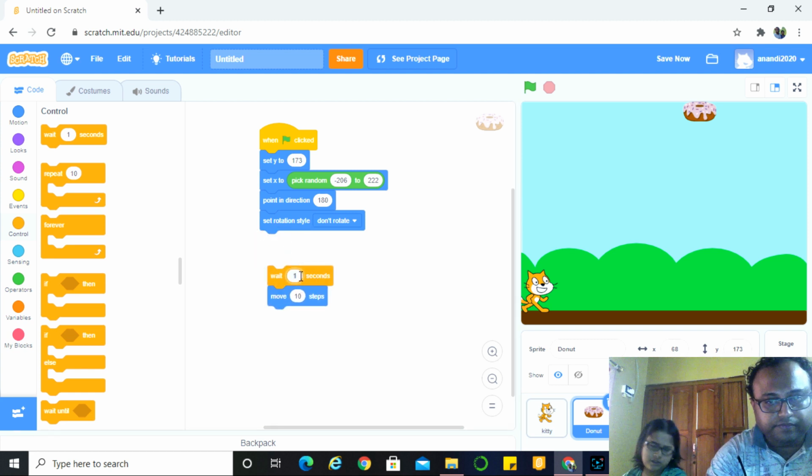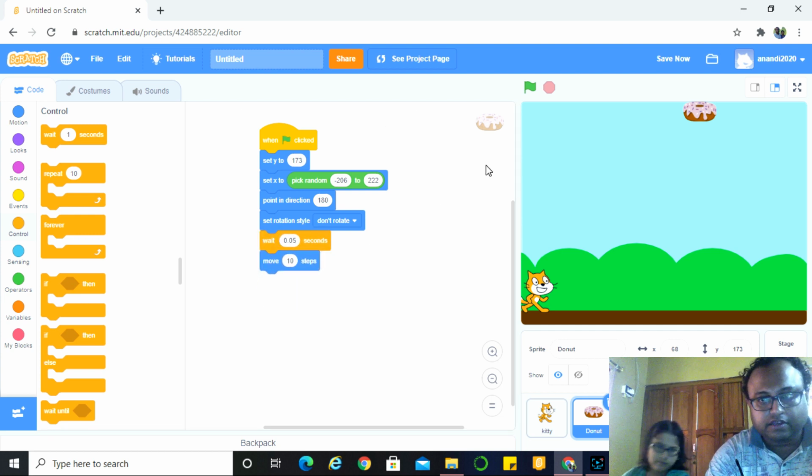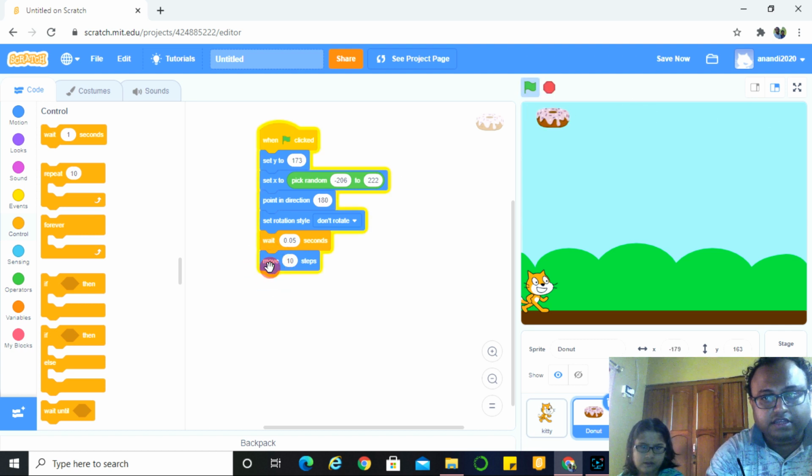You can put your choice. See, let's see what happened. It's created a random position and it's moving 10 steps, but only moving 10 steps.